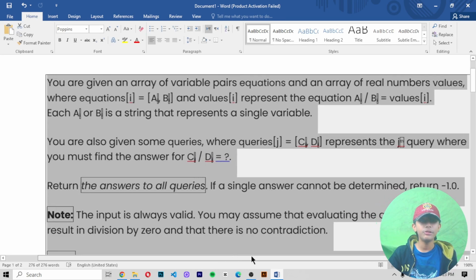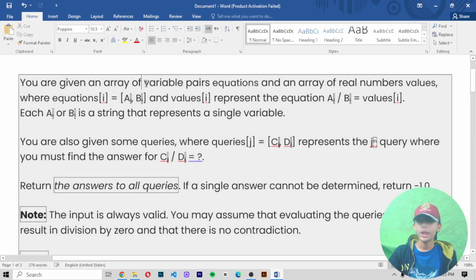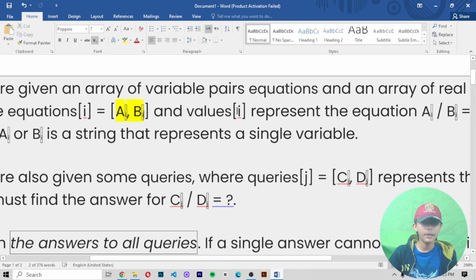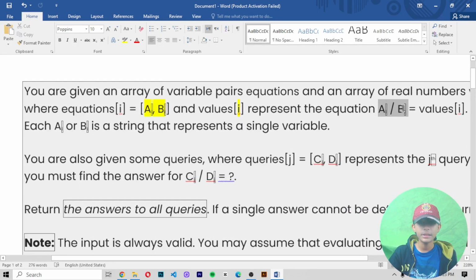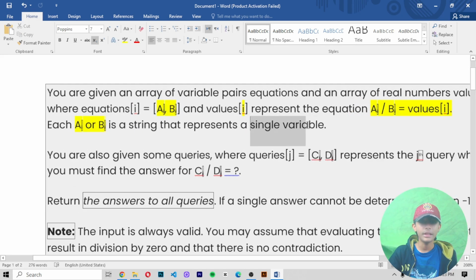First of all, let me explain the question. It says you are given an array of variable pairs, equations, and an array of real numbers, values, where equations[i] equals [A, B], and values[i] represents the equation A divided by B equals values[i]. Each A or B is a string that represents a single variable.